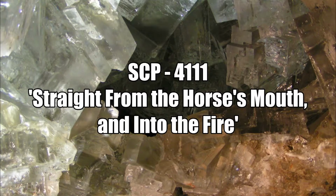Foundation personnel who wish to explore SCP-4111 for an extended period of time will be supplied with a standard arid climate survival kit. Personnel who find themselves trapped in SCP-4111 for any reason are to be recovered as soon as possible. Should any other humans be found within SCP-4111, they are to be retrieved, interviewed, amnesticized, and integrated back into society. Description: